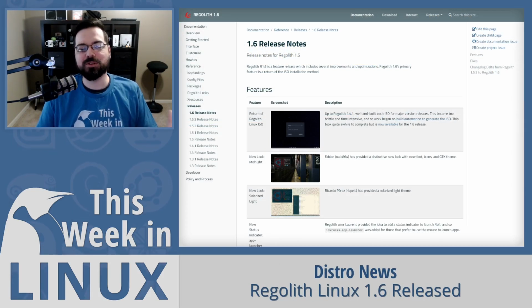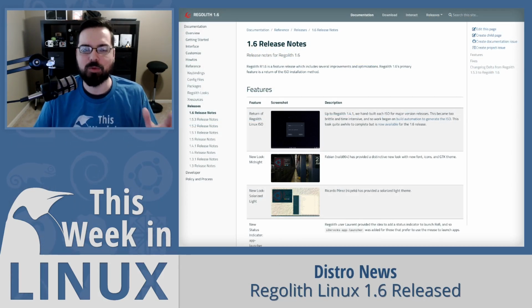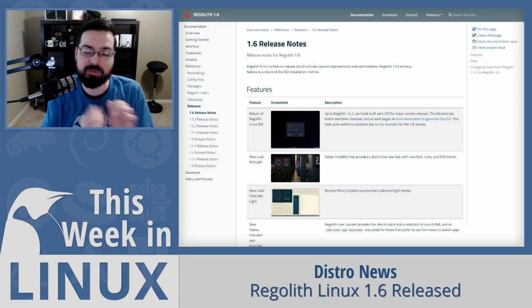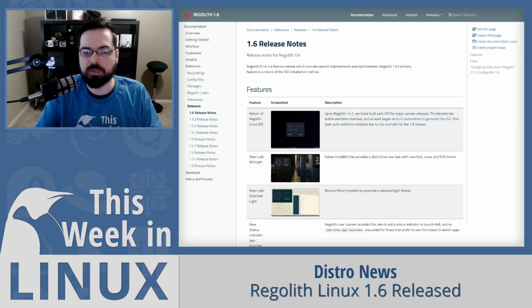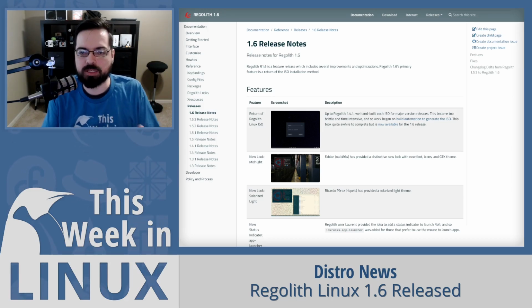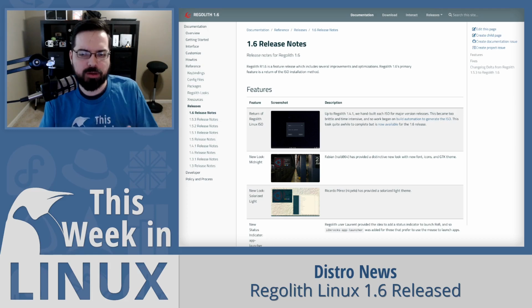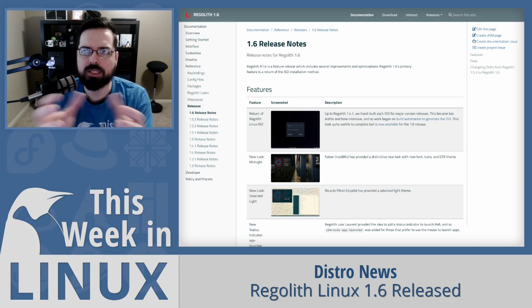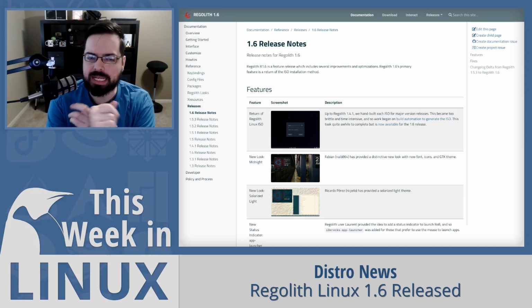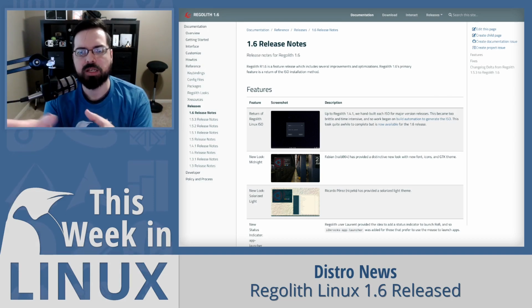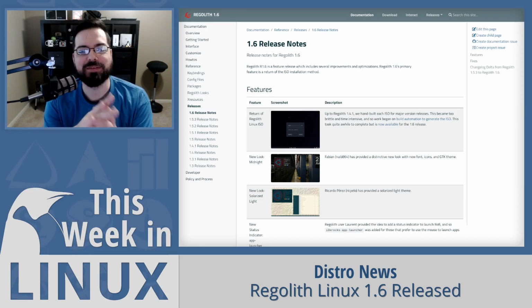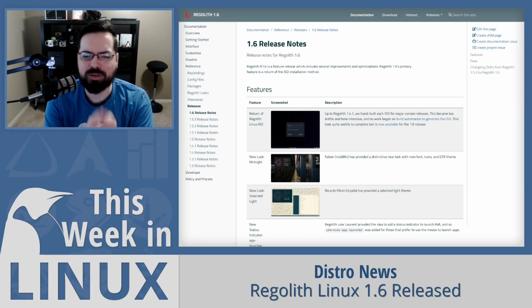Up next in the show, we got some more distro news, and first up, we have Regolith Linux 1.6 has been released. Regolith is a very interesting distribution for anyone who wants to try out tiling window managers, specifically an i3 window manager, because it uses i3 in addition to the GNOME system stack to do some pretty interesting way of doing a distribution. Actually, what's really cool, it's using the GNOME system as a basis for like the system settings and that kind of thing, and it uses i3 as the window manager to manipulate the windows and that kind of thing, to manage the windows. That's where that term comes from. Anyway, so it uses i3, and I'm pretty sure it uses i3 gaps.